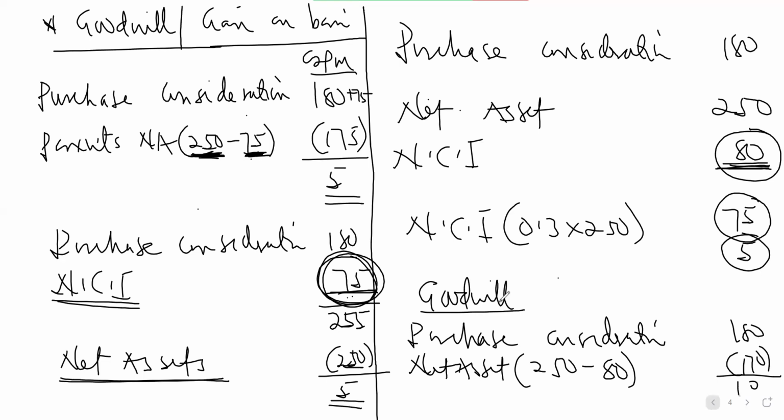But if you're using fair value method for the NCI, it means that NCI is also having a share of what? Of the goodwill. So any impairment will go to NCI and then the parent in proportion or on the basis of their ownership. 70% of it will go for the parent, 30% will go for the NCI.